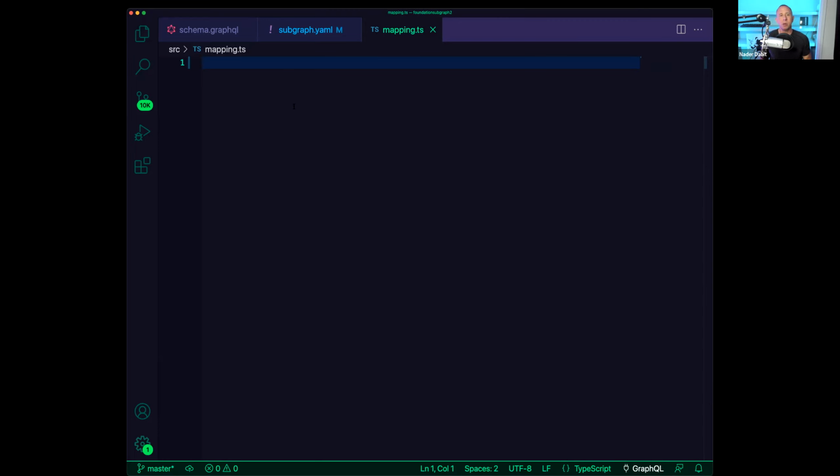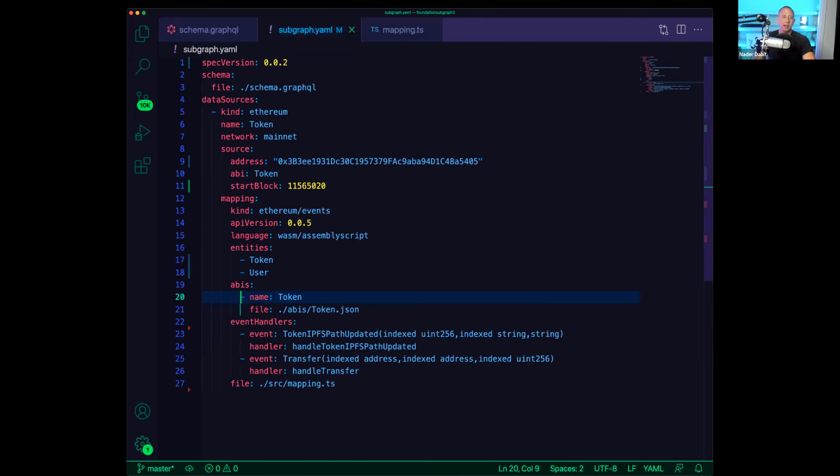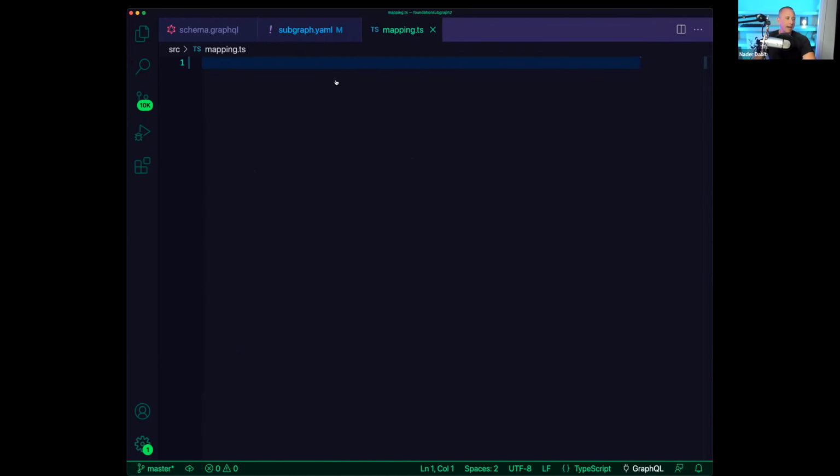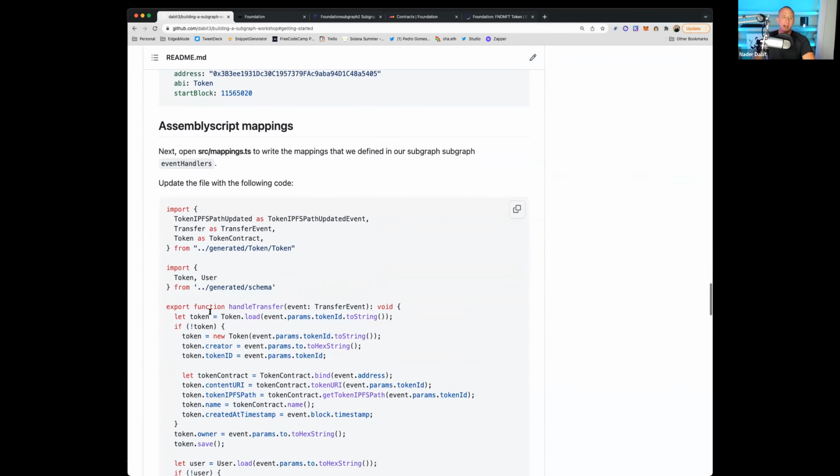The other thing that you might be doing from these functions is calling back to the smart contract, because you might need additional data from the smart contract that isn't coming in from the arguments. When we emit an event, we might have some information about what's going on there, but we might not have all the information. So we might need to talk to both the graph node to read and write data, and also to the smart contract itself to read data. With that being said, that gives an idea of what we're about to do. Let's go ahead and write some of that code.